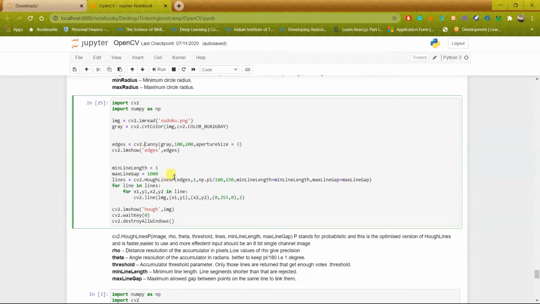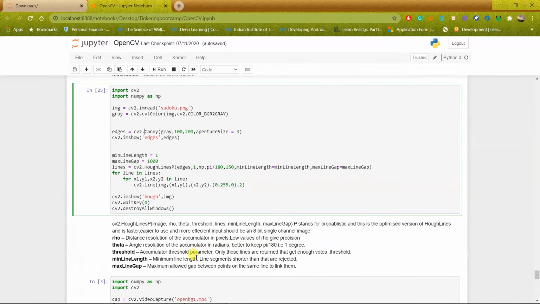HoughLinesP requires a number of parameters. The first is the minimum line length, and the second is the maximum line gap. I have specified the minimum line length to be 1 because I want most of the lines to be detected.